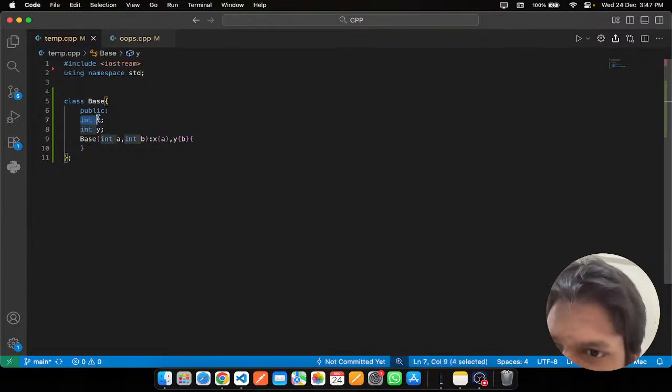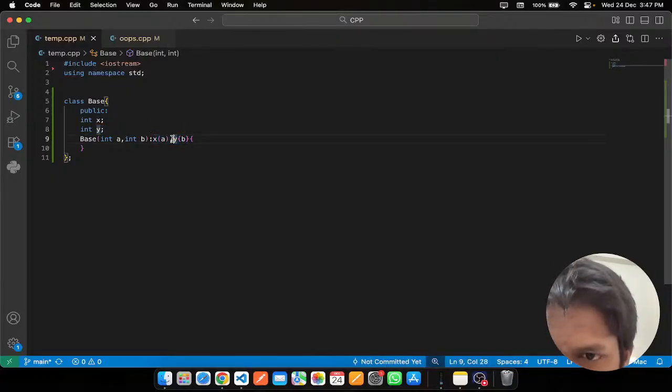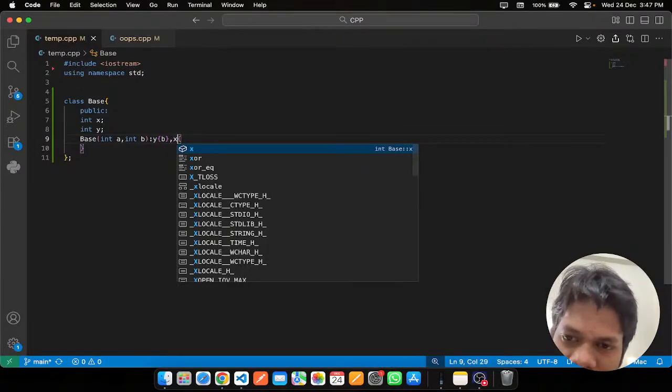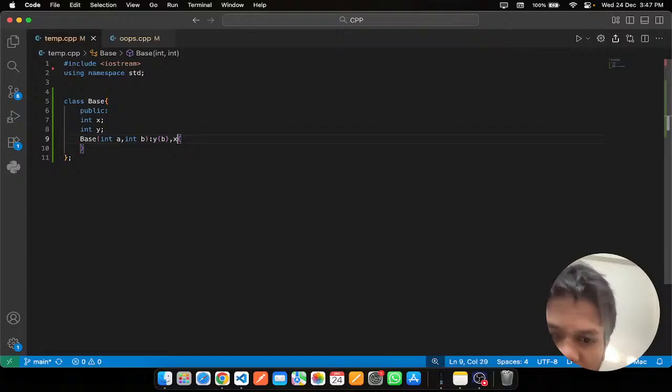Like here x is declared before y, so no matter how you write it, if you write y and then write x, you can do parameterized or you can do normal. So I am just using this. Okay,